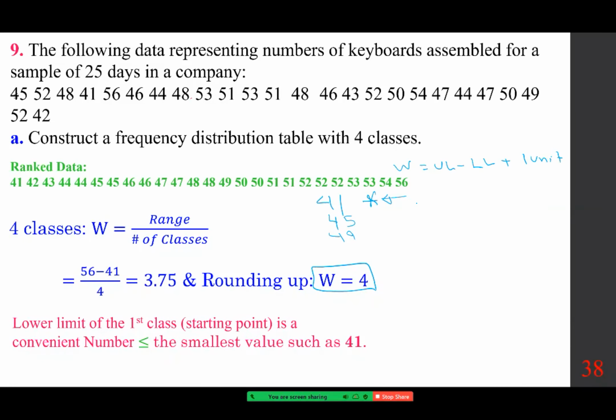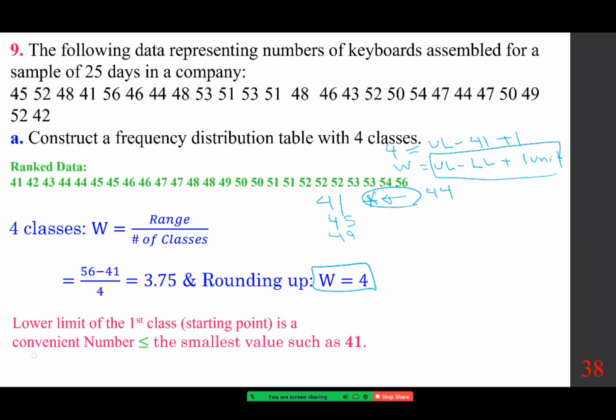And because of that, this number becomes 44. Or just fill this up, which means upper limit minus lower limit, which is 41, plus 1, and that must be the width, which is 4, and it gives you the 44. And now adding the width to that,